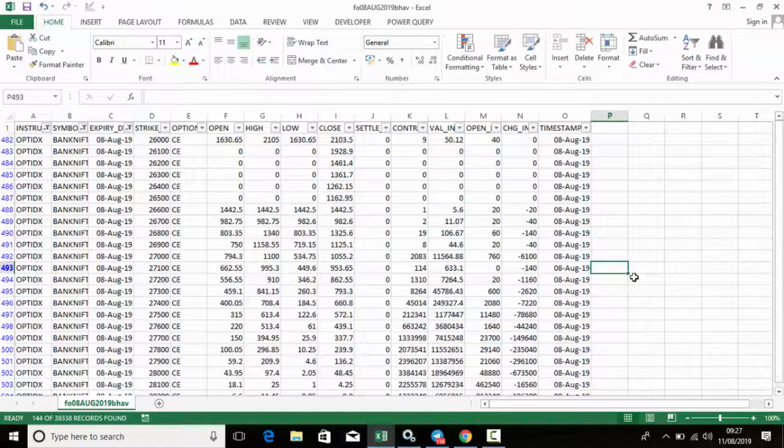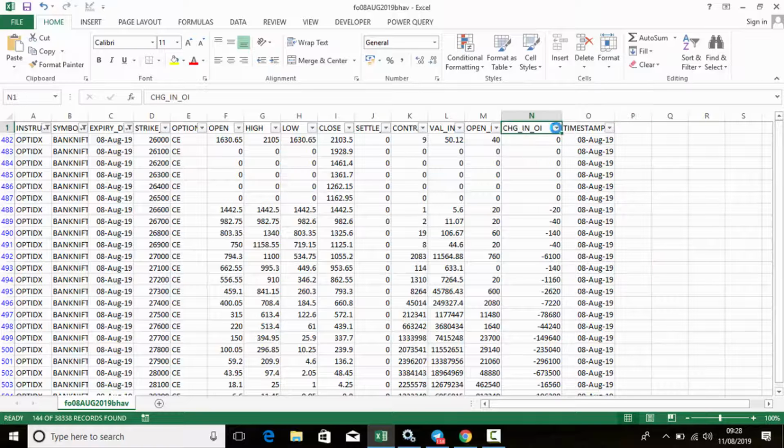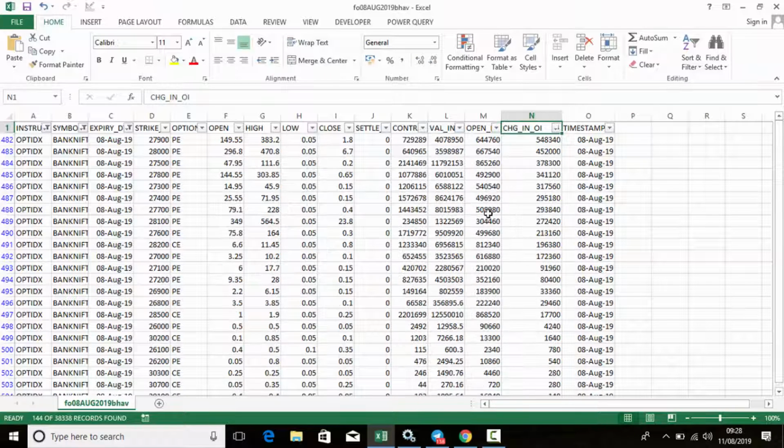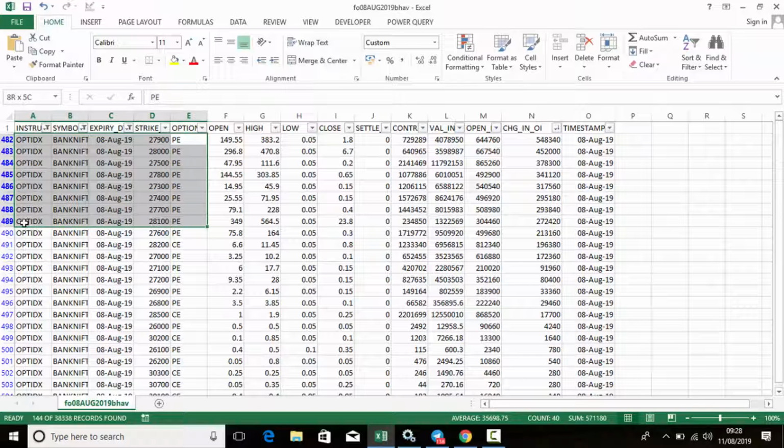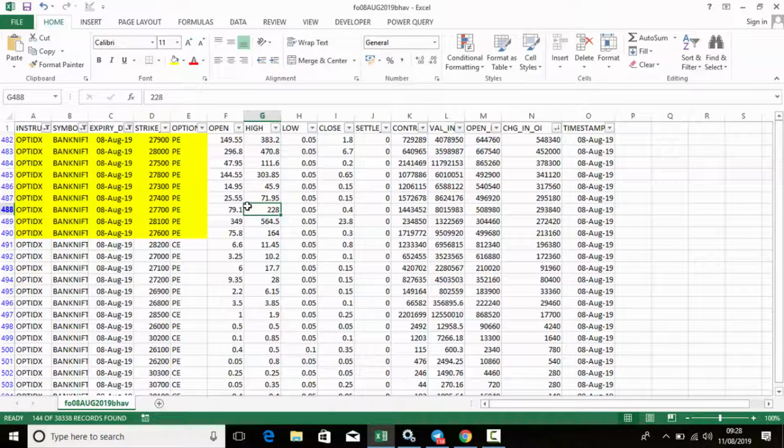The next step is change in open interest. In this column you can see change in open interest. Just click it, and here you can see largest to smallest. See, the top positions are all put options. It's an indication that something happened in the put options. Maybe some people are selling or buying these put options. That's why there is a huge change in open interest. It's just a hint. So what we do is check that particular day's put movement.